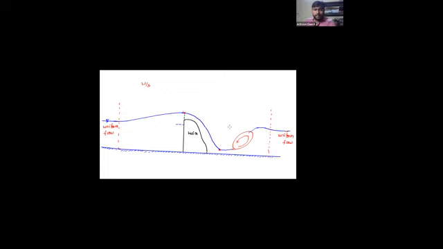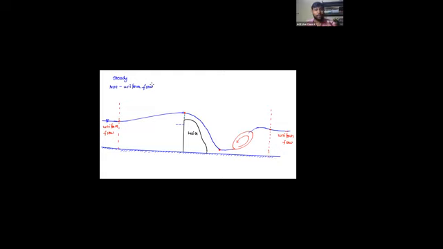So in this entire thing, what is happening? From this point to this point, the water level is rising, falling, and rising. Can I say it is a non-uniform flow? Yes or no? And is it a steady non-uniform flow or unsteady non-uniform flow? This is a steady non-uniform flow. So in the case of steady state non-uniform flow,